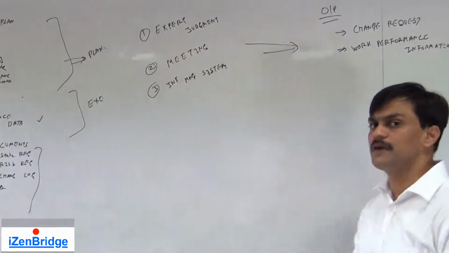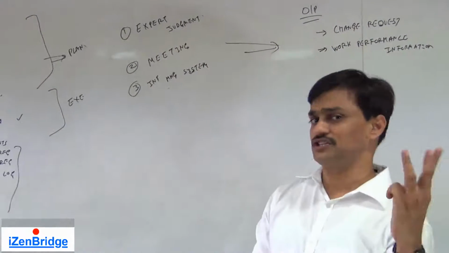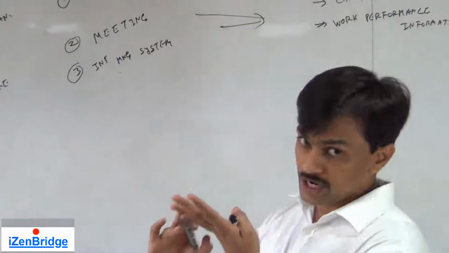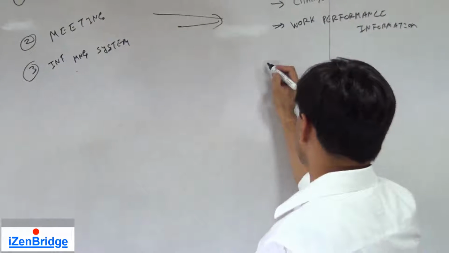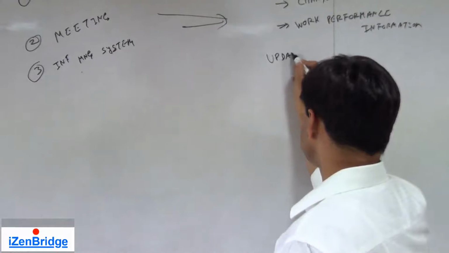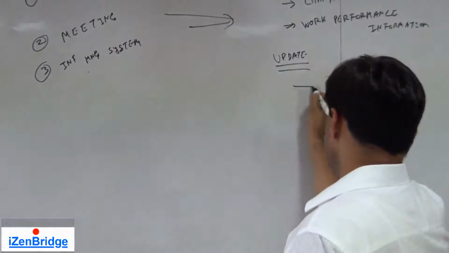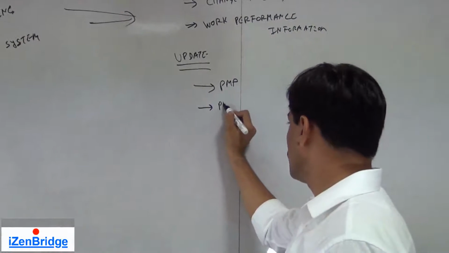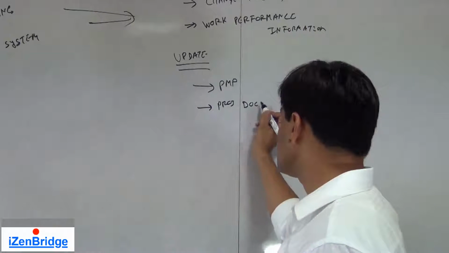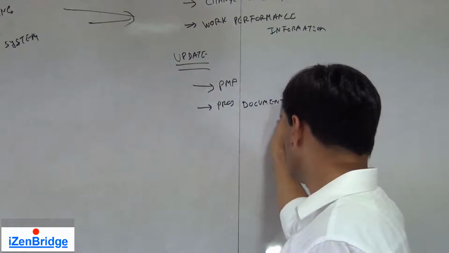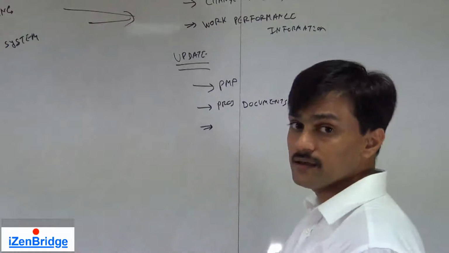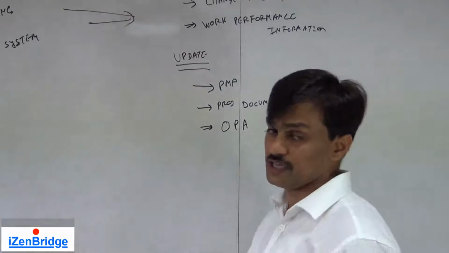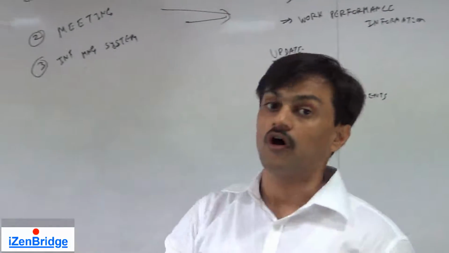Besides this, we may update all the standard three: project management plan, project documents, or organization process assets. So this process may update the project management plan, project documents, and organization process assets, because the learning which we are taking here, we may want to record it for other